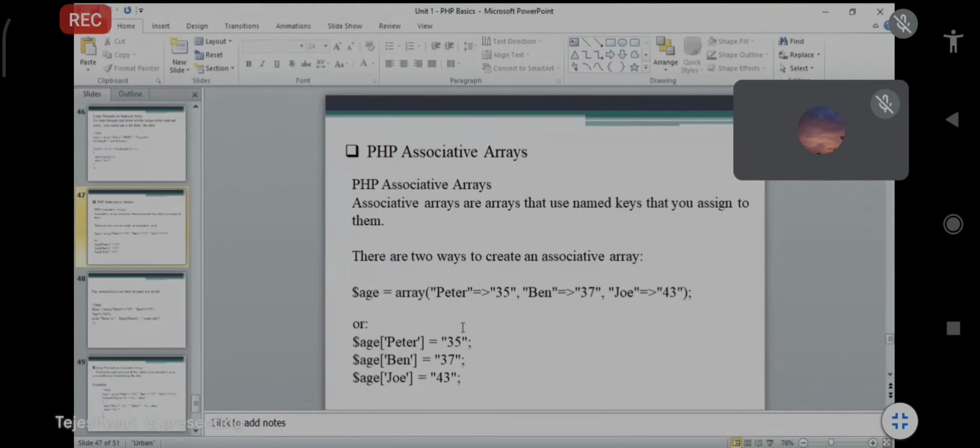So there are two ways you can pass the associative array.